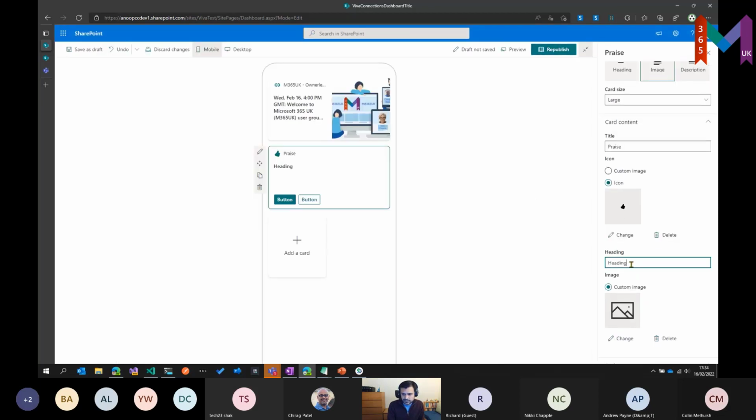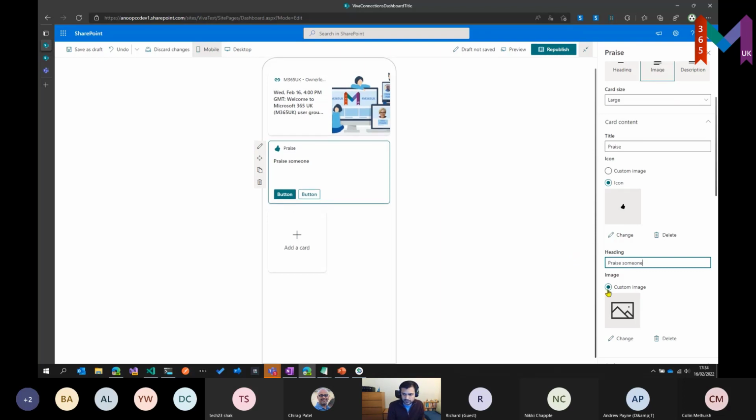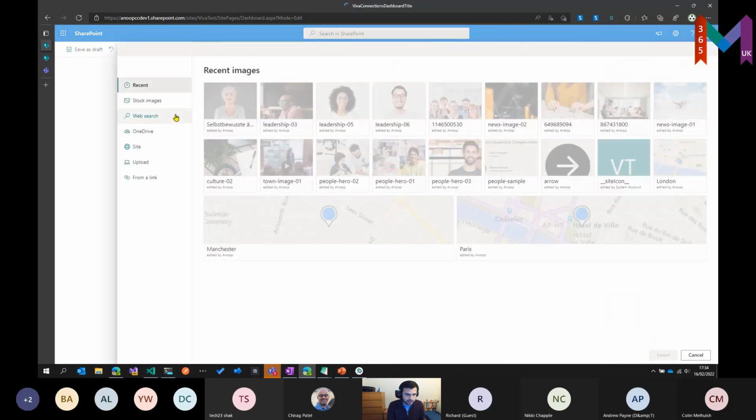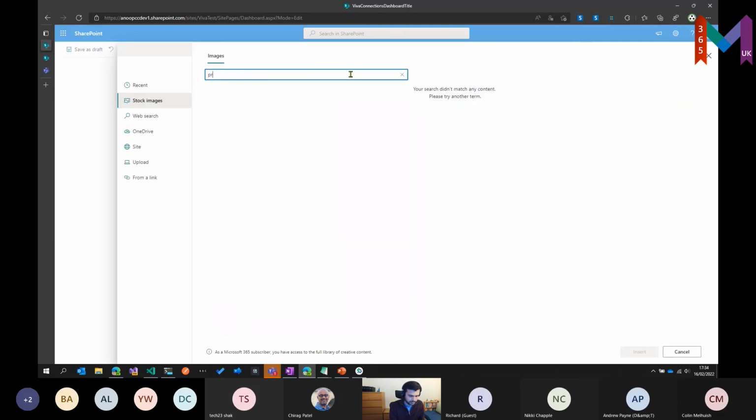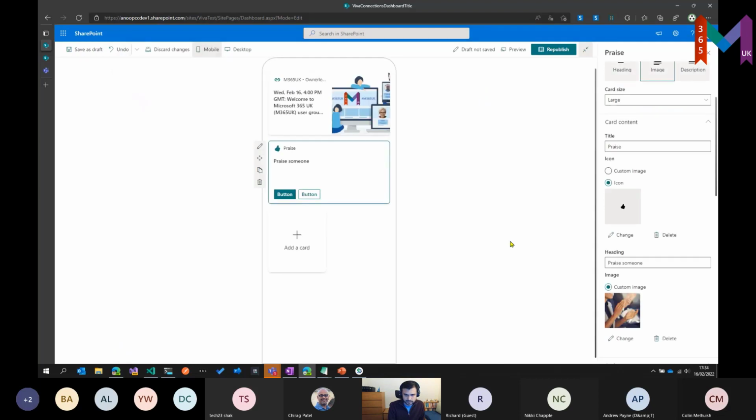And then we'll give it a nice heading called phrase. And then we'll add a nice image for that. We can do a quick search for phrase, select that image,